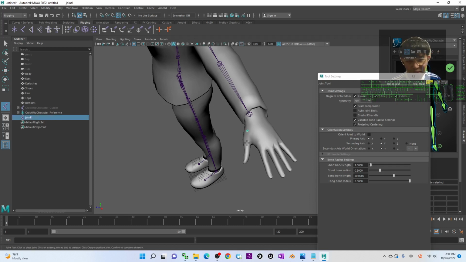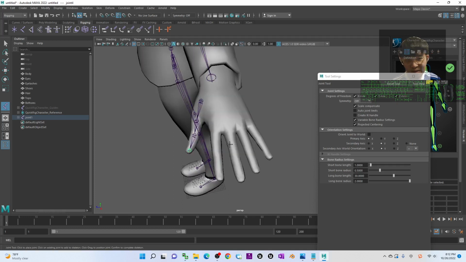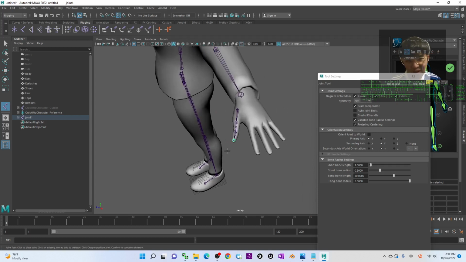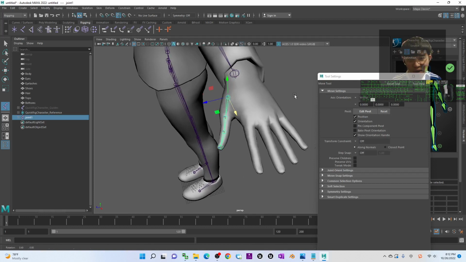One, two, three, four. Done. Next, here, wait, Control Z. You have to make sure you press enter. Once you press enter already, it will become 1.